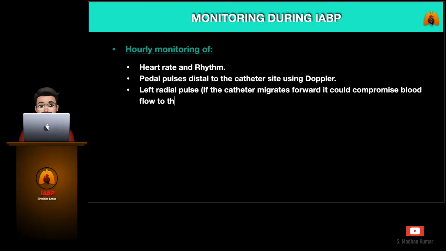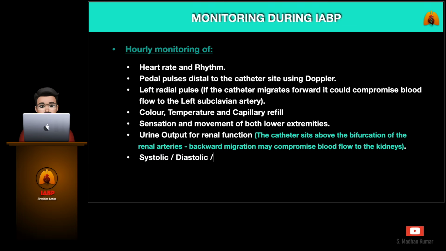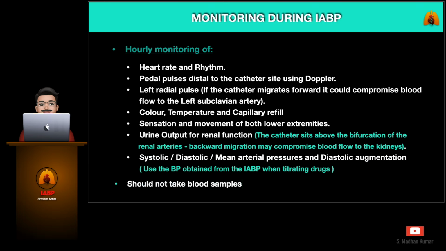Monitoring during IABP. Hourly monitoring of heart rate and rhythm. Check pedal pulses distal to the catheter site using the Doppler. Left radial pulse has to be checked to confirm there is no compromise on the blood flow to the left subclavian artery. Check color, temperature and capillary refill. Sensation and movement of both lower extremities. To confirm